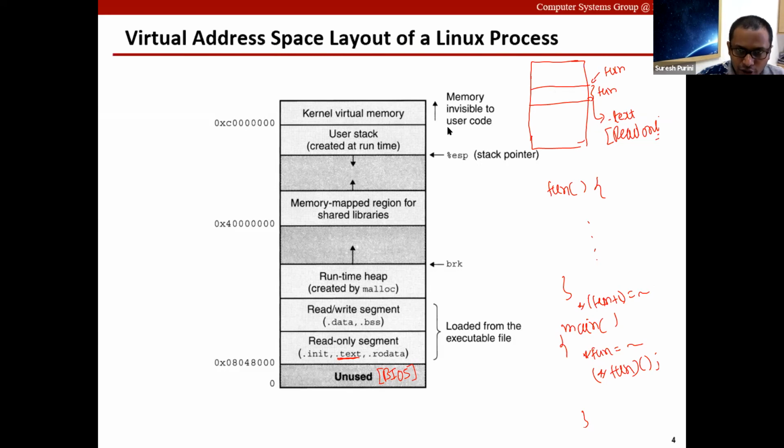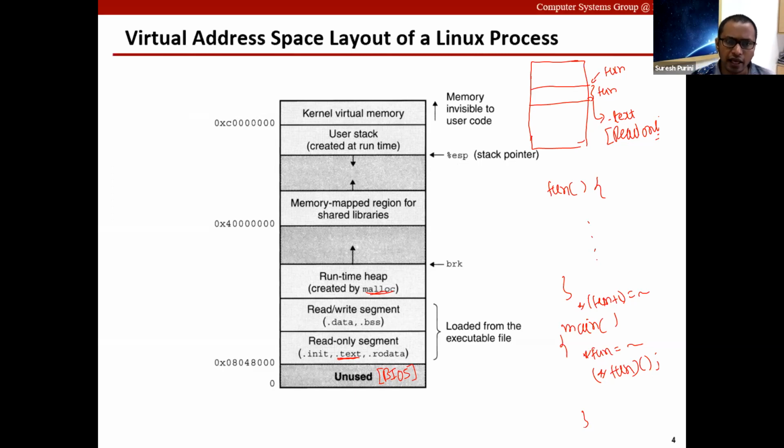And then the stack grows from higher addresses to lower addresses, and the top of the stack is always pointed to by a stack pointer register. And then there is a heap, and the stack and heap grow in opposite directions. This heap is used by the malloc library. And in between, shared libraries are mapped.